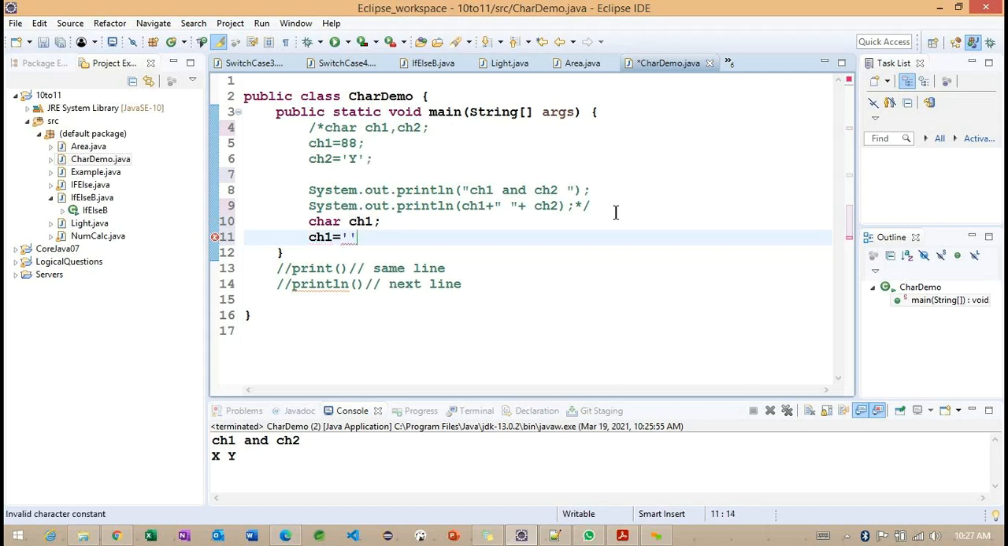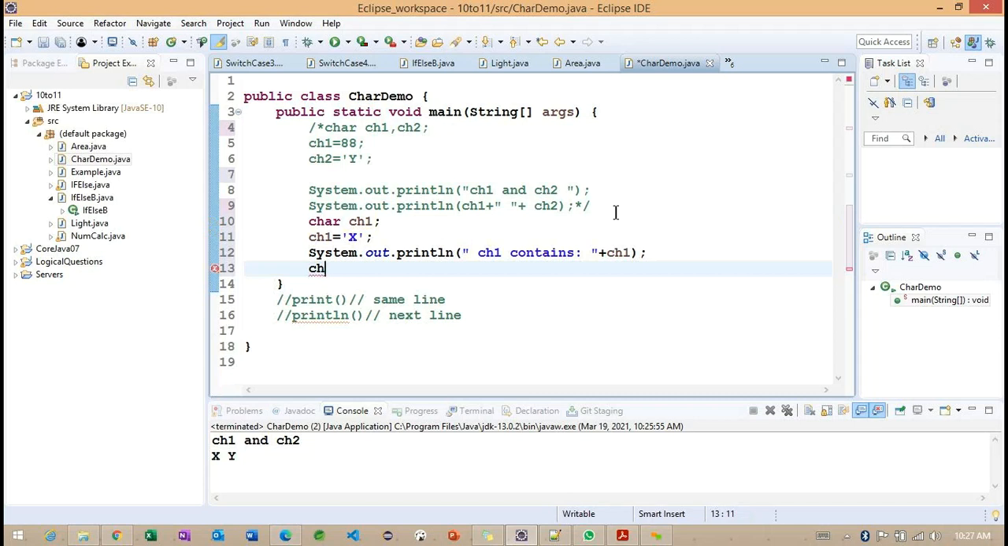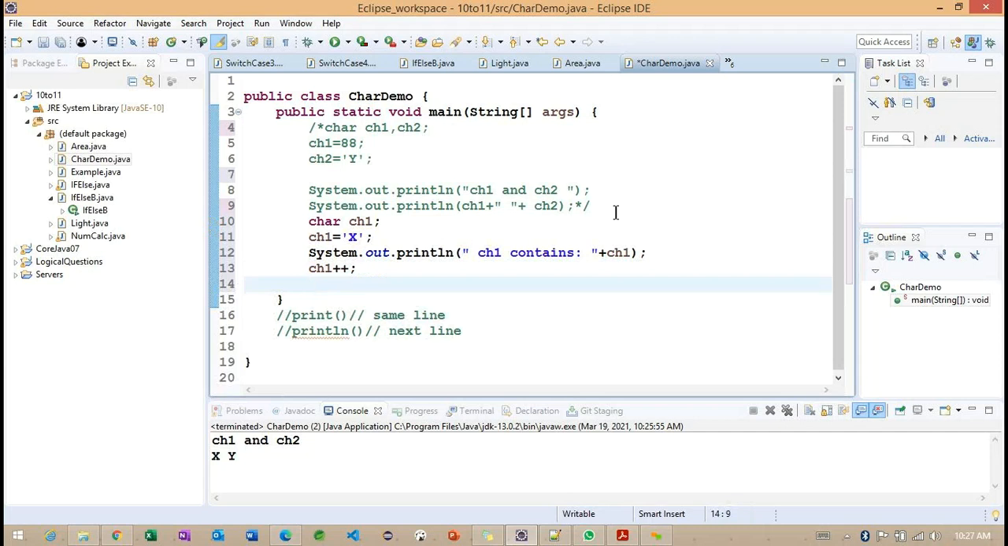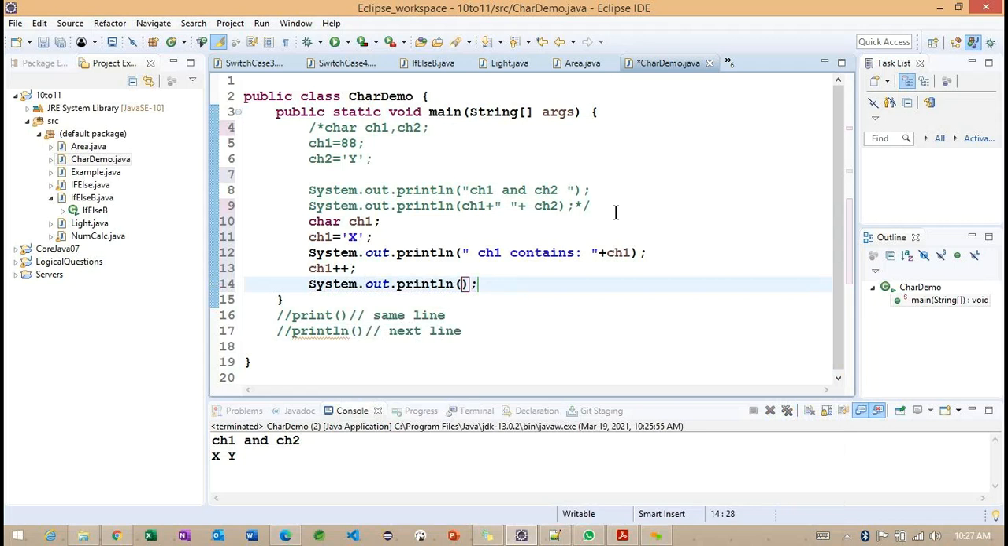CH1 is equals to X, I'm making here. Okay, and after this, I want to print this particular CH1 information here. ch1 contains something called ch1, and later what I'm doing here, ch1 plus plus. So ch1 plus plus here, and after that I want to print the same message here, but the difference here,